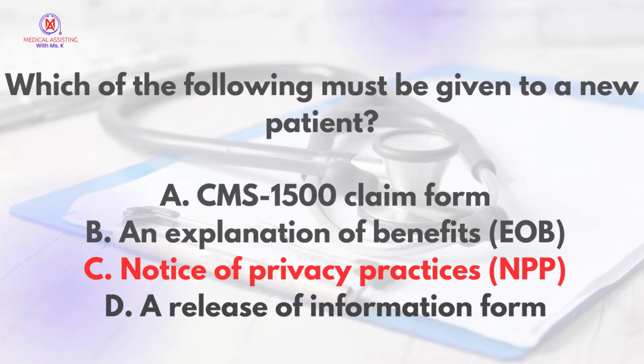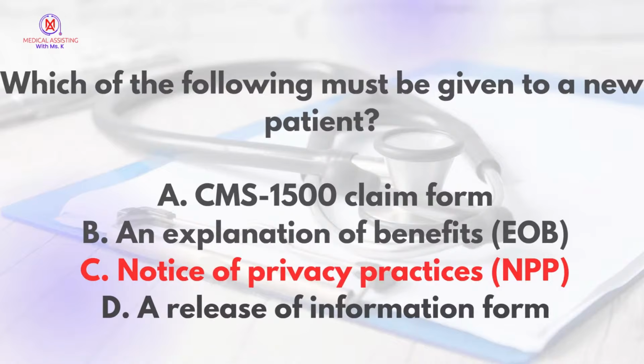If you chose C, you're correct. So remember, claim forms, we don't give that to a patient at all. That's what we use to get paid from the insurance company. The EOB, that comes from the insurance company, and it goes to the patient to show the patient what was paid, what part of the deductible was paid out. It explains exactly what the meaning is. So explanation of benefits, it explains the benefits to the patient, and it goes directly to the patient from the insurance company.